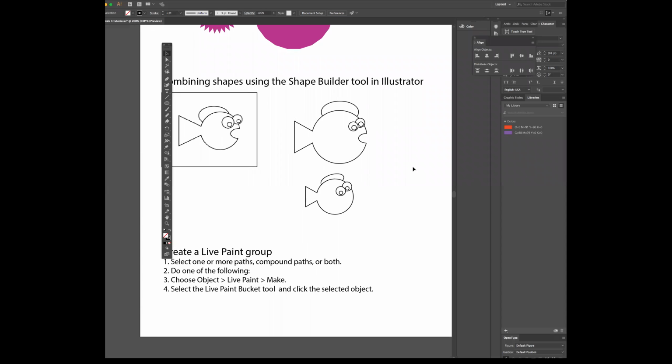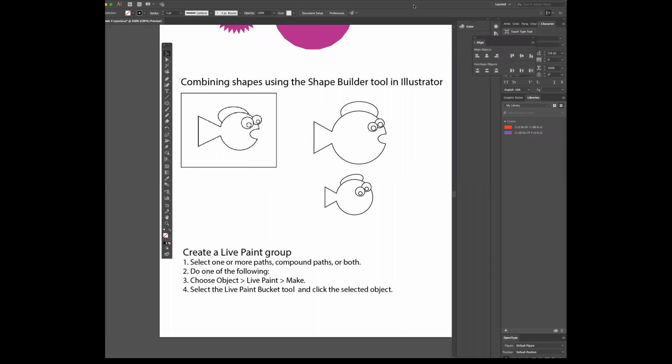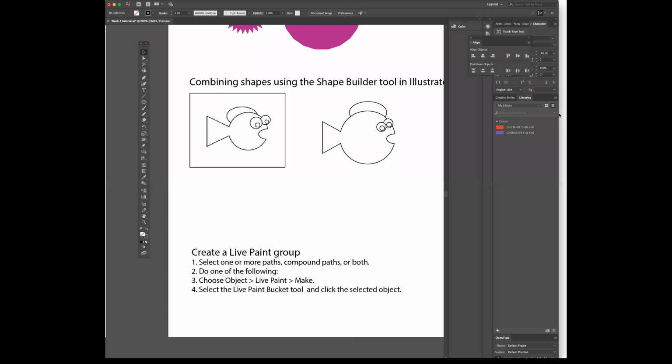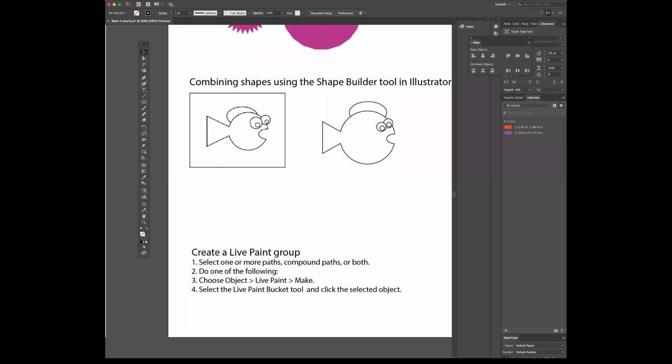Well, hopefully you were following along, because the next demonstration will be a lot of fun if you can get something drawn. I'm going to delete this little guy here. What we're going to do is talk about the Live Paint tool. Have any of you worked with the Live Paint tool before in your other classes? Probably not, but if you have, or maybe you've practiced a little bit with it, I'm just kind of curious. Okay, so